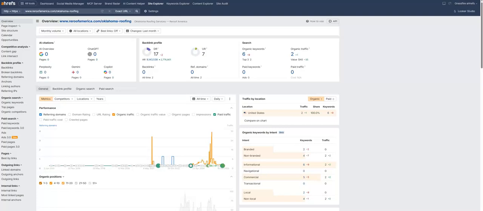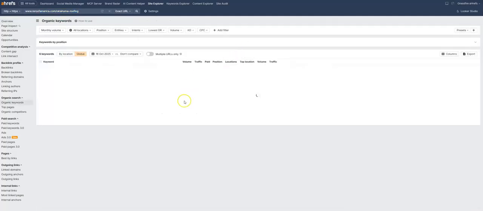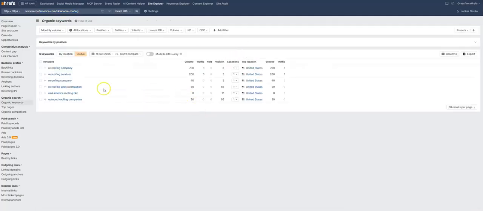So as you can see right here, we've got yours right up here, the Oklahoma Roofing page. And it's showing that you have 6 keywords that you're ranking for here. And if we click on that number there, it'll tell us which ones. So you got re-roofing. So most of these are branded